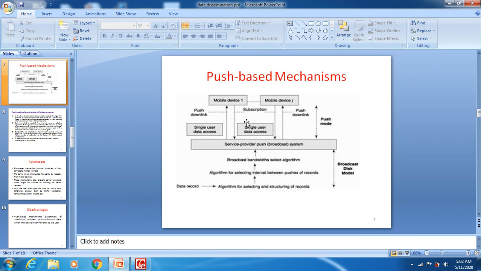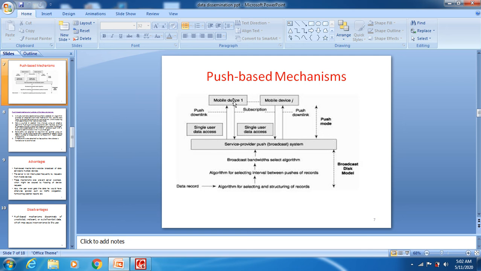So this is the diagram we have here. We have the mobile devices and we have the server. Here the mobile devices are the clients. In between the server and the mobile device we are using the push mode technique. Push mode means from where to where?